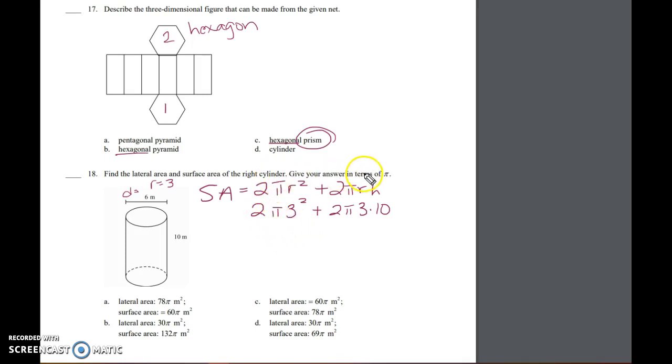We're leaving it in terms of pi, so that means I'm not going to be multiplying by 3.14 or by the pi symbol. Pi is just going to come down like a variable. 3 squared is 9, so 9 times 2 is 18, and then I'm going to bring pi down. 2 times 3 times 10 is 60 pi. Then I add them together and I get 78 pi. Now that's my surface area. But in all reality, this part right here is the lateral area formula, which means this is part of lateral area and this is part of lateral area. So actually my